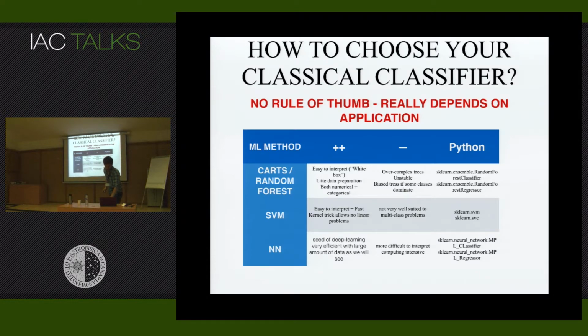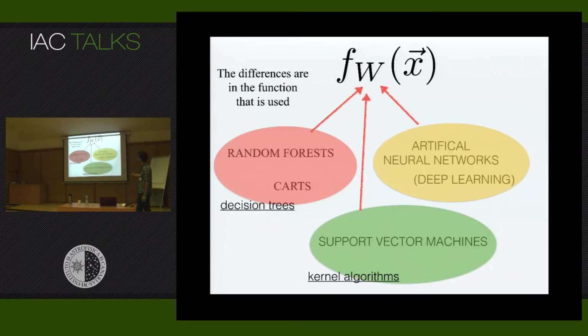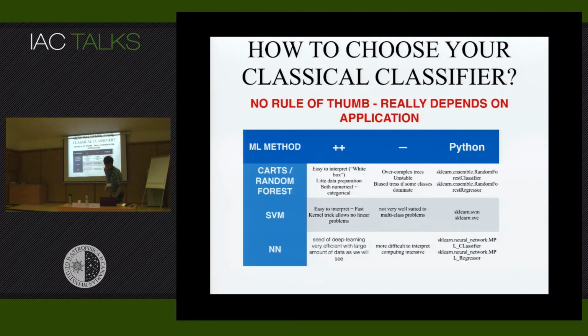So again, you have a bunch of different algorithms. And I think the question was asked already at some point, how do I choose my favorite algorithm? All algorithms can do similar things, but work differently. So from a practical point of view, how do I select the best algorithm for my problem? From my point of view, but maybe my colleagues disagree, there's no rule of thumb to see what is the best algorithm. It really depends on the application, what you want to use them for.